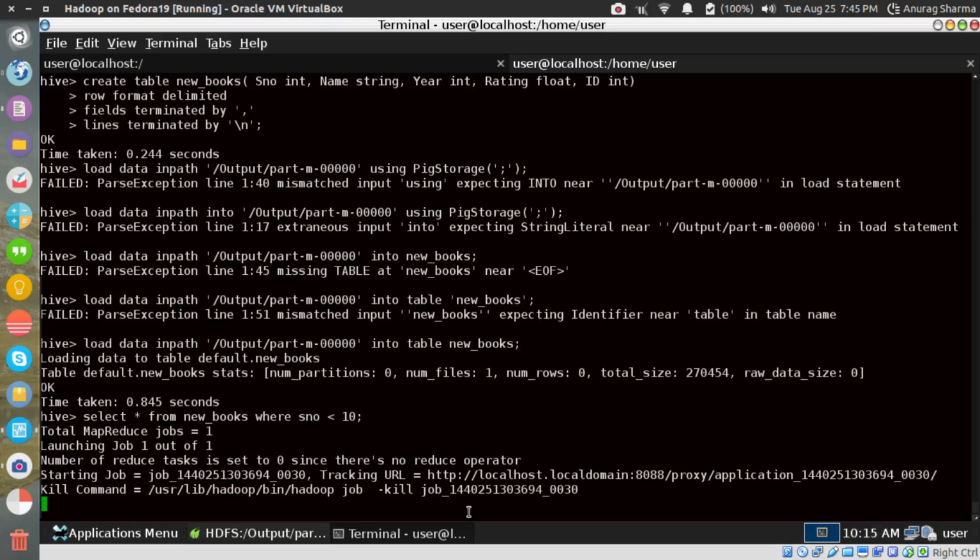This is strange because I could have written the same command using a limit statement, wherein that time it would not have triggered a map reduce job, but since I'm just using a where clause, it is using a map reduce job.